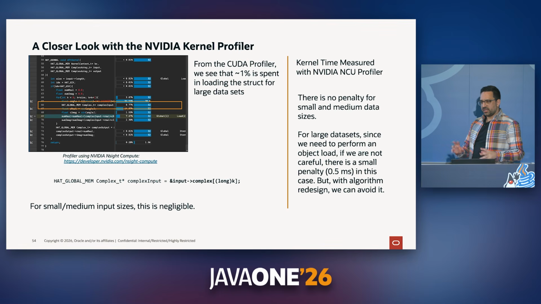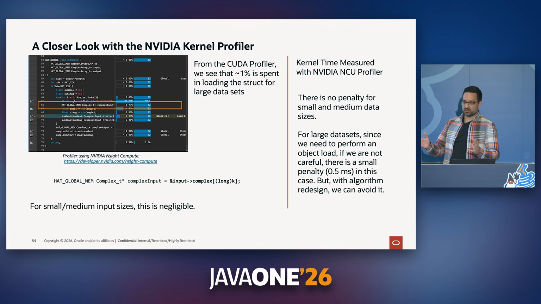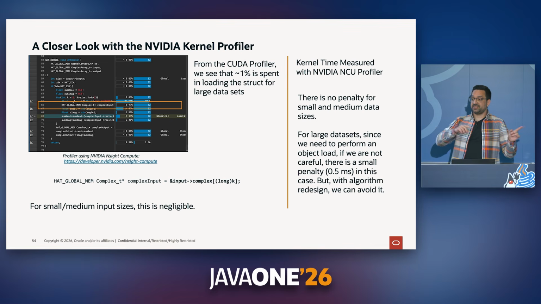And we saw an interesting result. We detected that for small and medium data sizes, the performance is practically identical. And for large data sizes, the difference was around 1%, favoring the one that we call decompose, rather than the data structure that we create. Why is that? Well, we analyzed it then with the CUDA profiler. It's called NCU. That's another nice thing, that because we generate CUDA, we can also use the NVIDIA tooling